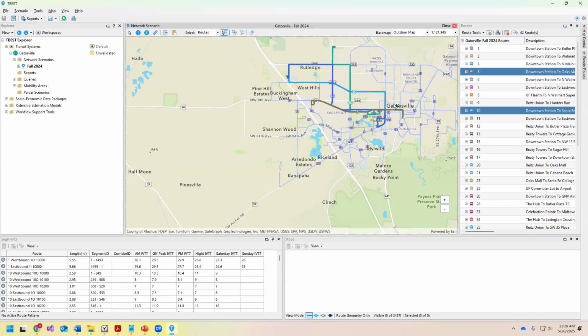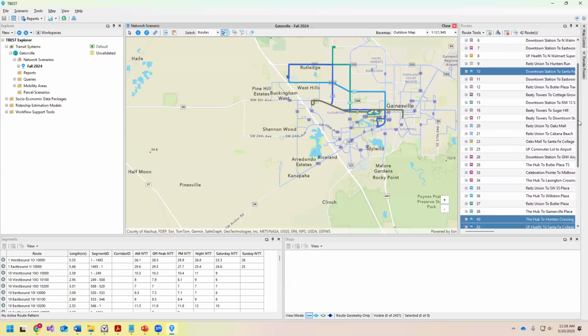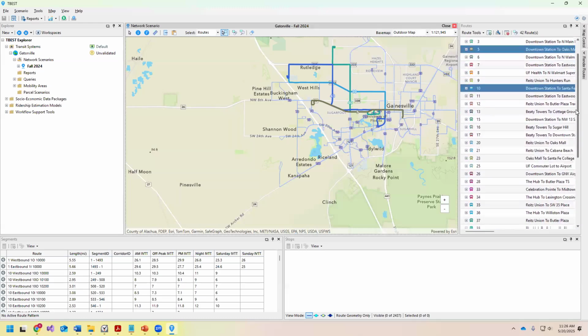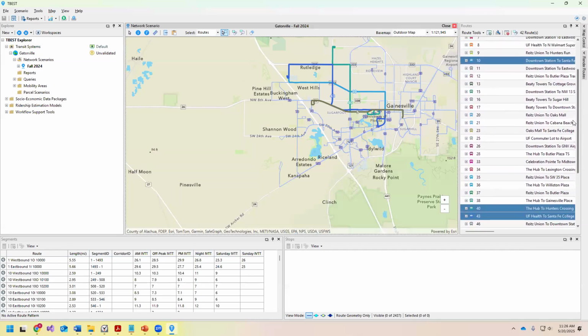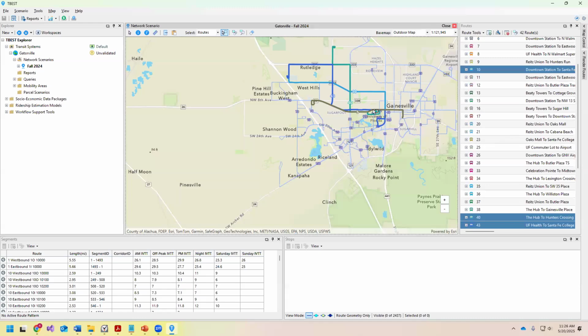All right, notice that whenever we have routes selected in the map, they're also selected here in the list of routes. So we have 4 routes that are selected, 5, 10, 40, and 43. They are blue here in the list, but they have a color in the map. The color is defined from the GTFS generally, when it's brought in. GTFS has the color of the route, so we use that color. You can change the color at any time in TBEST, but